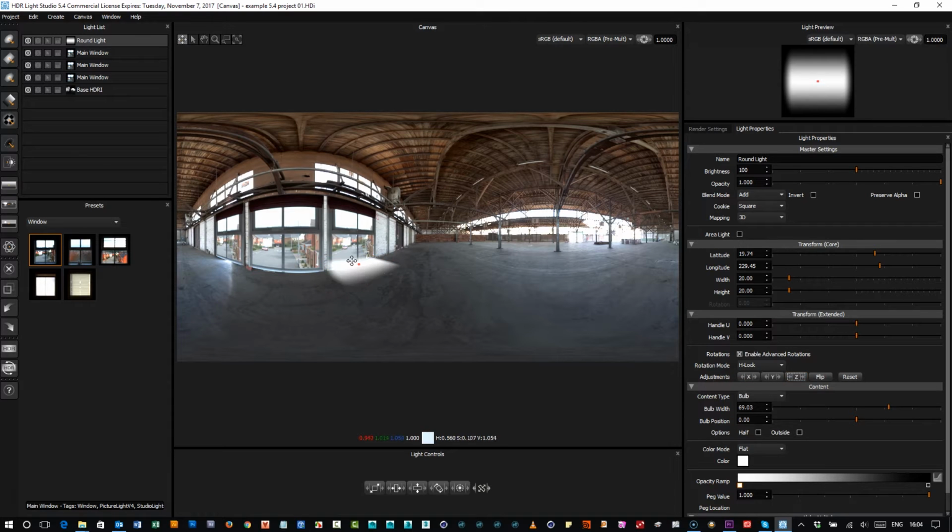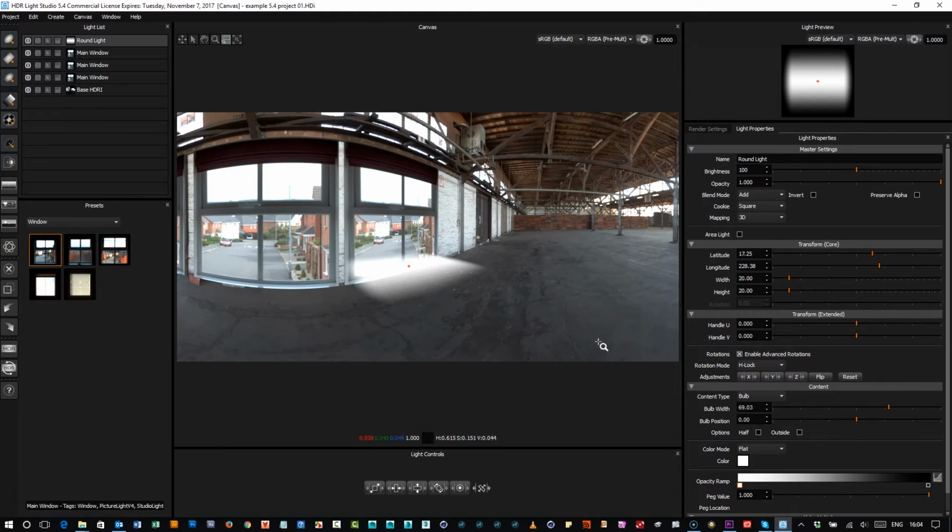That's it. So we kind of get this lined up, and again I'm going to zoom in now. So zoom in there, and we use the Z, and we get that so it looks like light is coming out, spilling out of there. So get it down to there, and make it a bit longer, make the bulb a bit narrower,